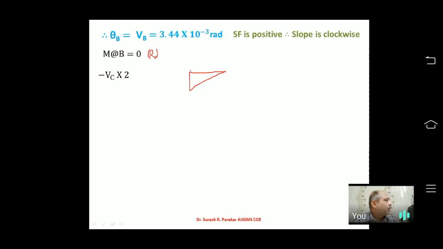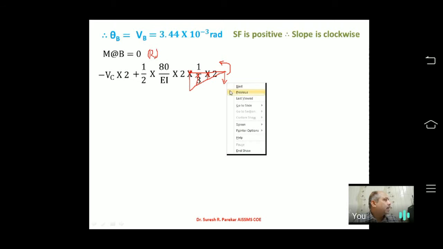So we are taking moment about this, then all these arrows we have upward, then we have here reaction VC which is acting downward, and then we have a couple, we have considered this couple as anti-clockwise, and then you can see minus VC by 2 plus 80 upon EI, and that 80 upon EI into 2, and as we are taking it